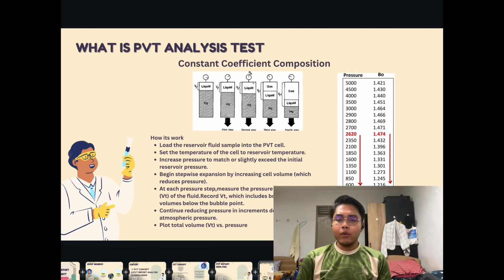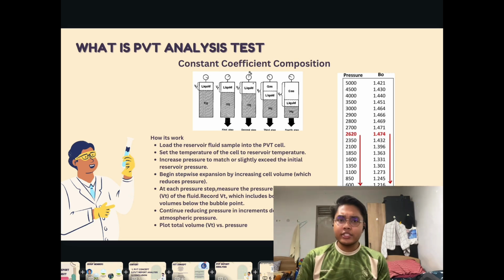So, for my part, I want to briefly discuss the experiments and tests that we were shown during our visit to the PVT lab, which consists of basically three main tests. First of all, I will briefly explain how the constant composition expansion works, which is CCE, which stands for constant composition expansion test. First of all, we load the reservoir fluid sample into a PVT cell and set the temperature